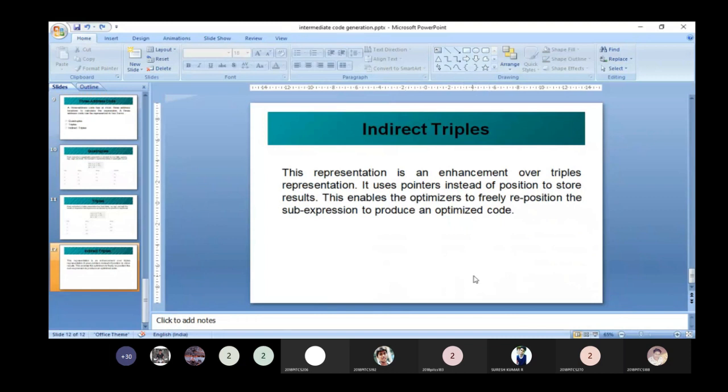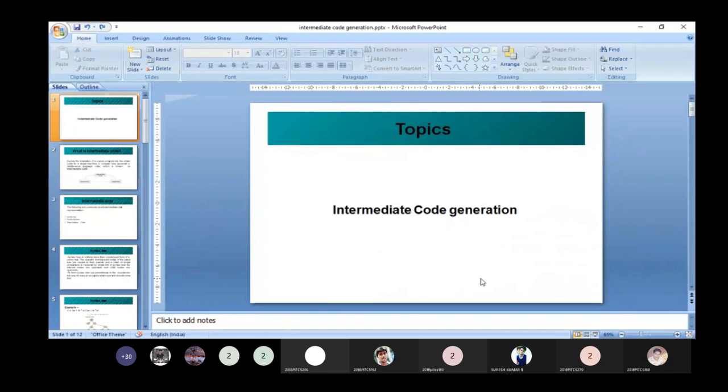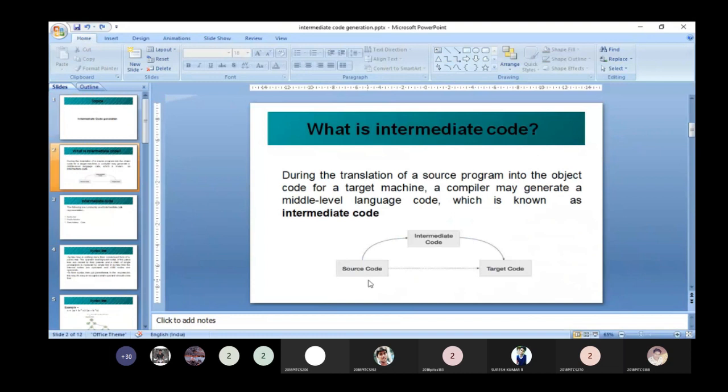So that's all about intermediate code generation. What is intermediate code generation? The compiler generates a middle-level language, and we call that intermediate code.